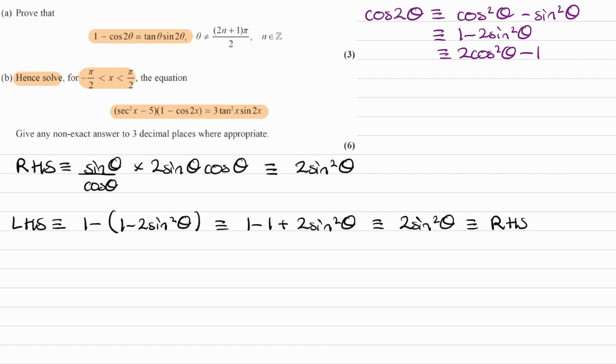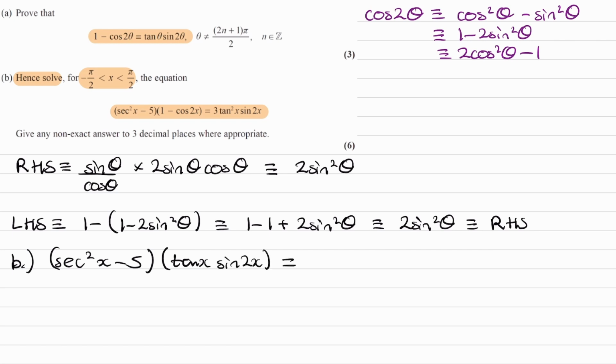So if we look at the equation that we're trying to solve, what we could do is replace the 1 minus cos 2x with this. As we know that 1 minus cos 2 theta is equal to tan theta sine 2 theta, so we can replace the 1 minus cos 2x with tan x sine 2x. So I'll start with that. So our equation then becomes, keep this x squared as it is, and then that is multiplied by 1 minus cos 2x, which now becomes this, so the thetas there get replaced with x. So tan x sine 2x,